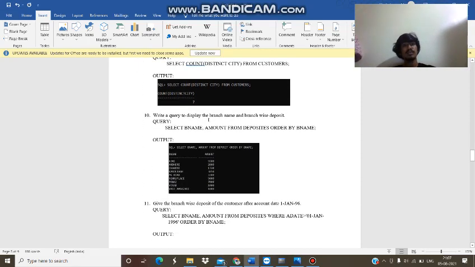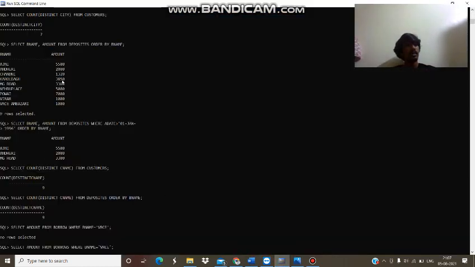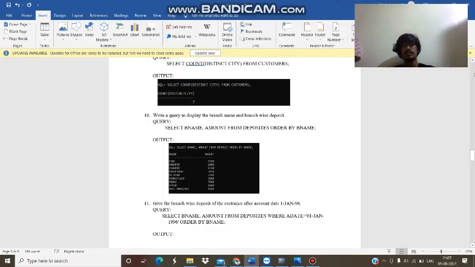Write a query to display the branch name and the branch wise deposit, and we are going to see for this. Select B name, amount from the depositors ordered by B name, and these are the branch name and the amount, and the rows are created.